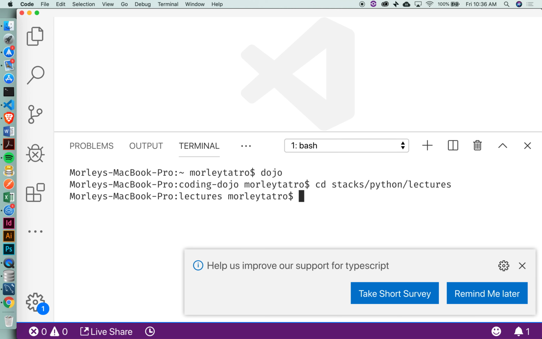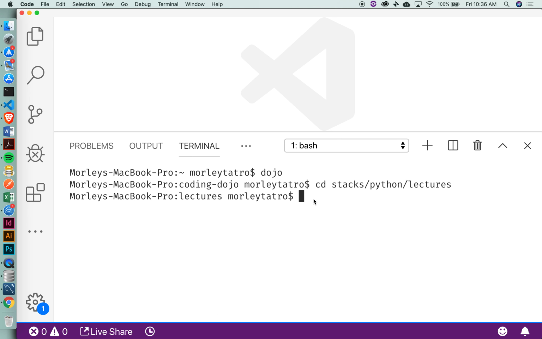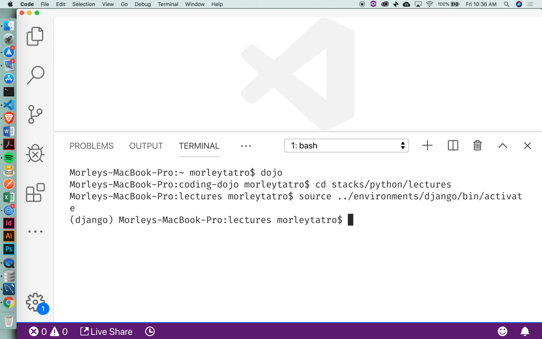All right. So in order to create a new Django project, what do we need to do again? Yeah, we have to activate the environment. That's correct. So I'm going to go up. Actually, I think it's only one level. To my environments, I've got a Django environment, bin, activate. And inside my Django environment, I have access to that Django CLI, which will enable me to create a new project. So we'll say django-admin